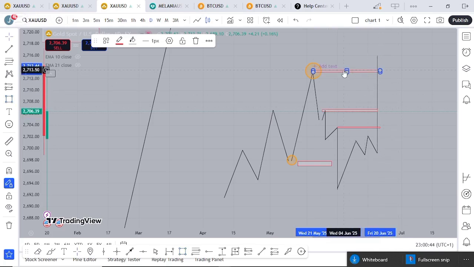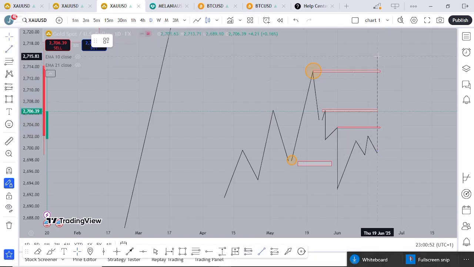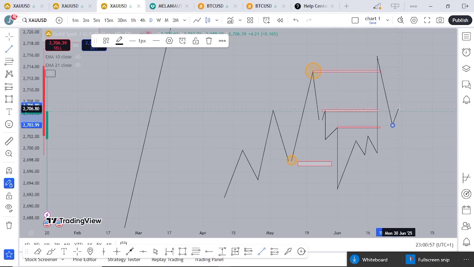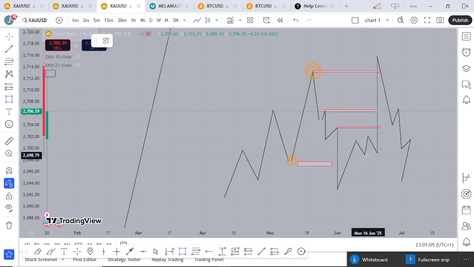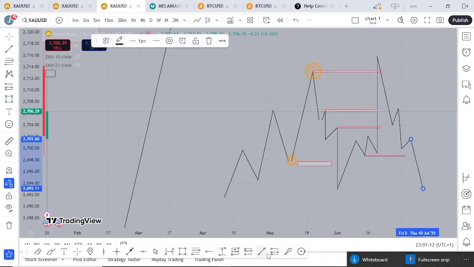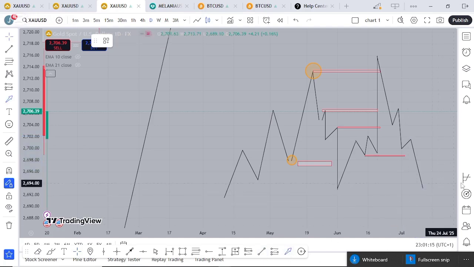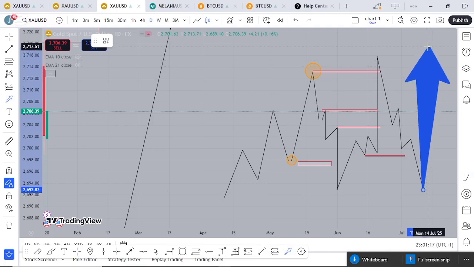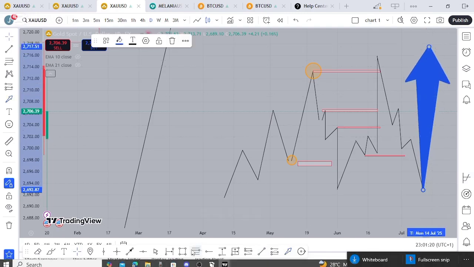Once the market goes for this external liquidity, it's the same thing again. Price will start coming for another internal. Then you see price reversing again, forming a little bit of things like this. What this is doing is to take this liquidity that is here. Once it has taken this liquidity, then you see price will reverse again, boom, upward, taking this liquidity also.